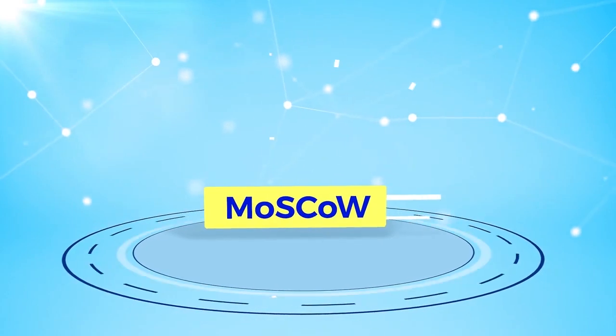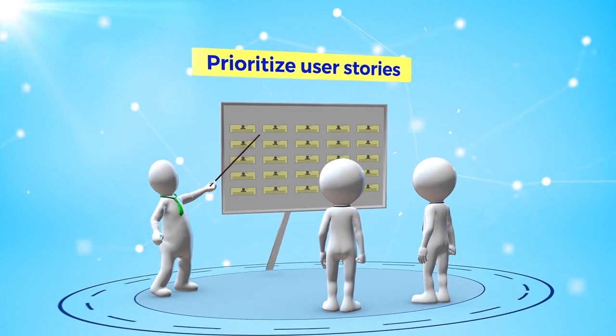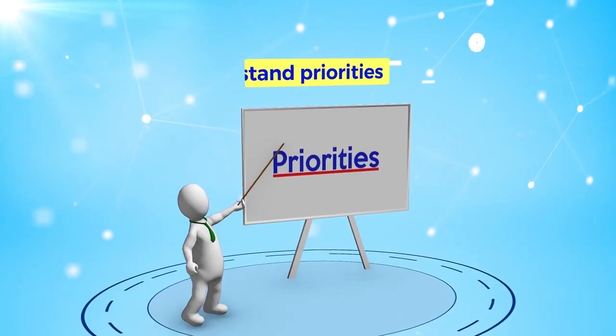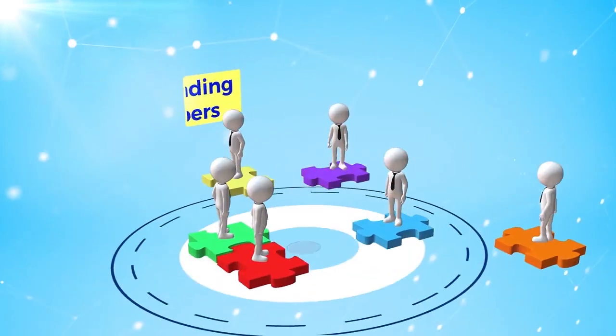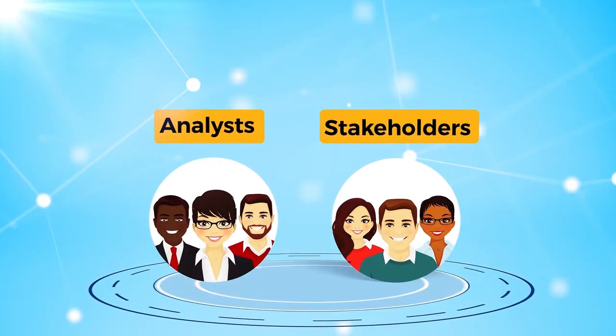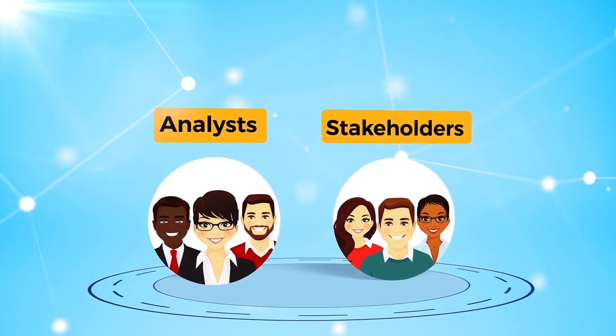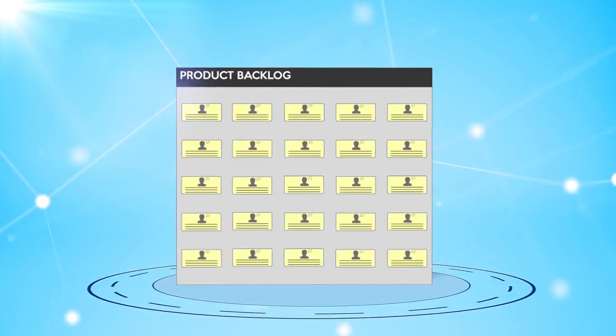The MoSCoW method is a tool that's used to help a team prioritize user stories. It's a technique for helping to understand priorities and ensure a common understanding across the different team members. The MoSCoW method is usually used by analysts and stakeholders when they're coming up with user stories or requirements for